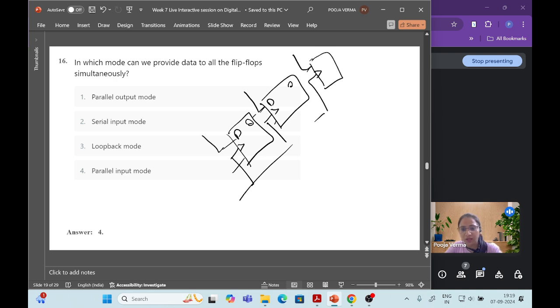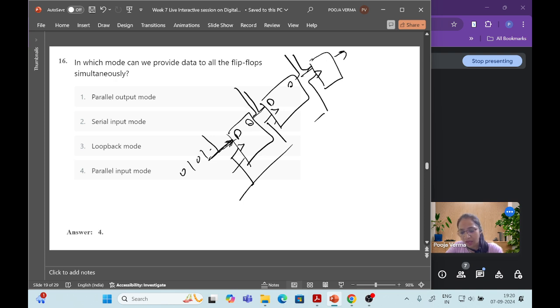So already we know that a flip-flop stores one bit of data. A group of flip-flops is known as a register, right? So there are 4 types of registers. First is serial input, serial output, that means input is given serially and output will be taken serially, connected like this. Another one is serial input, parallel output, that means input is given serially like this